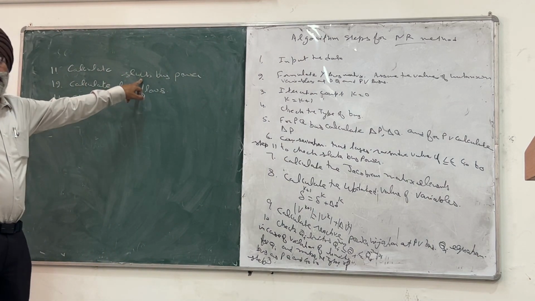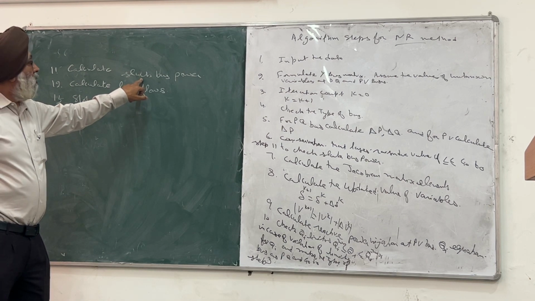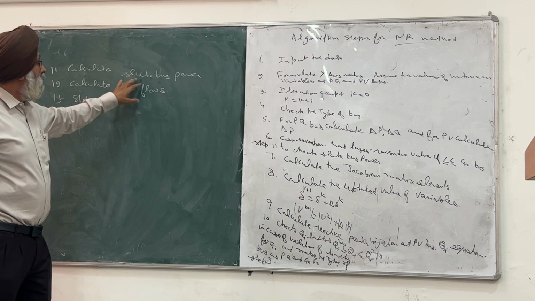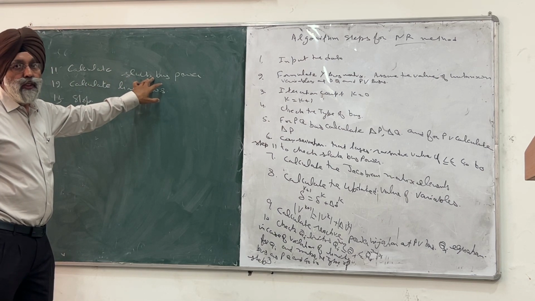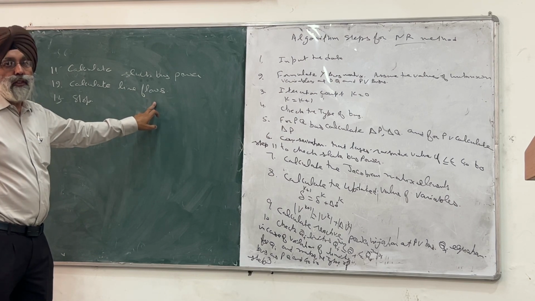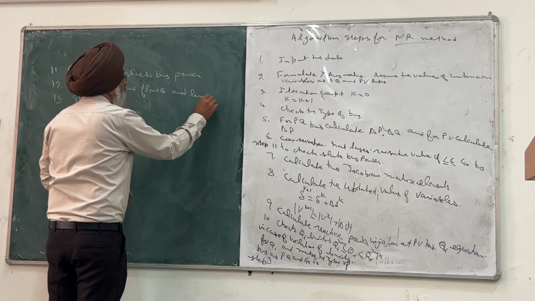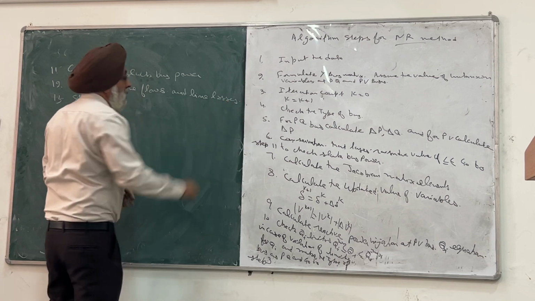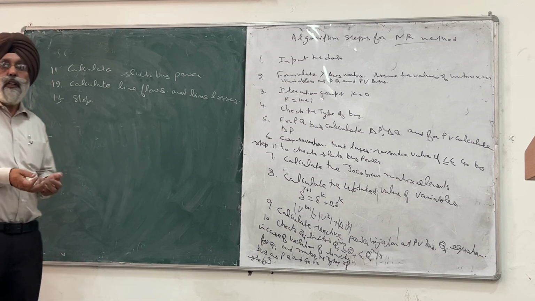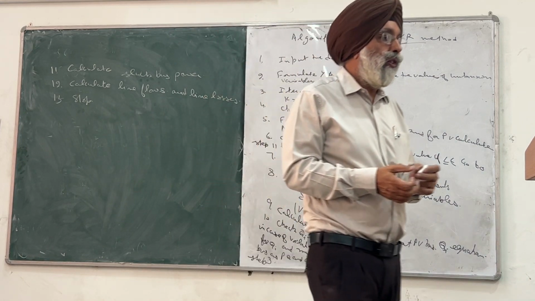So after this we calculate the slack bus power. At the slack bus, V and delta are given, so we need to calculate the P and Q. Similarly, now we have all the values of P and Q at all the buses, so we can calculate the line flows. And also we can calculate the line losses. And after that, we will be able to know the status of the bus. So in case of the load flow study,